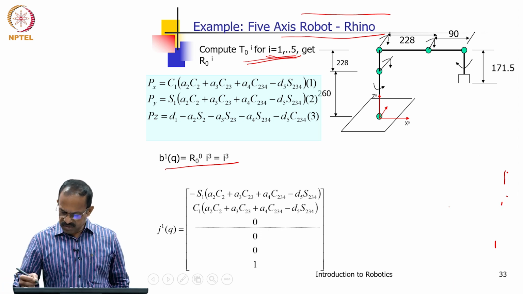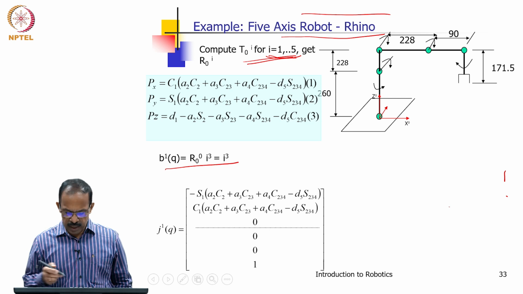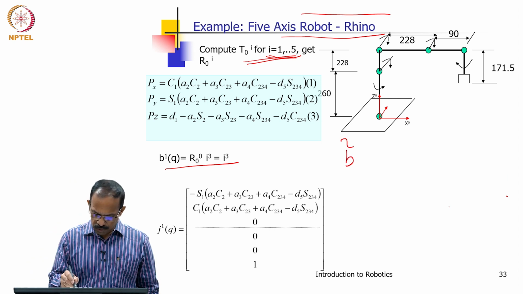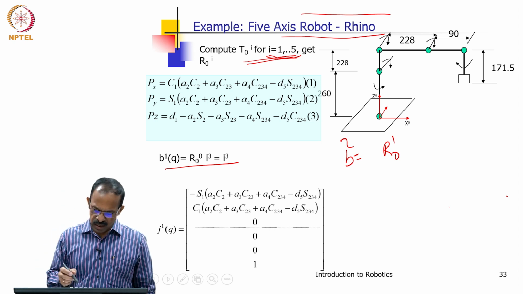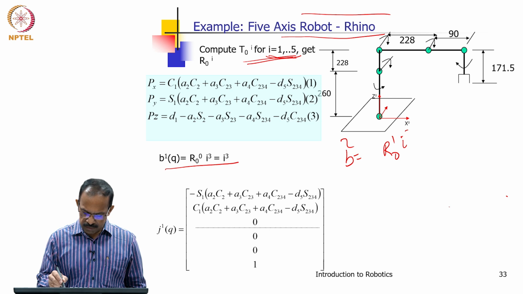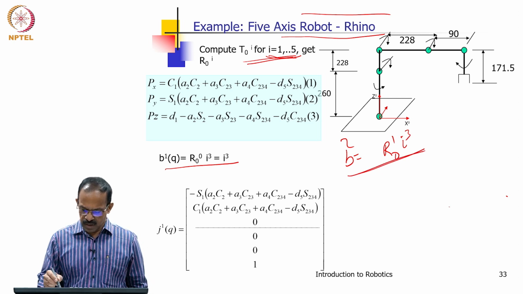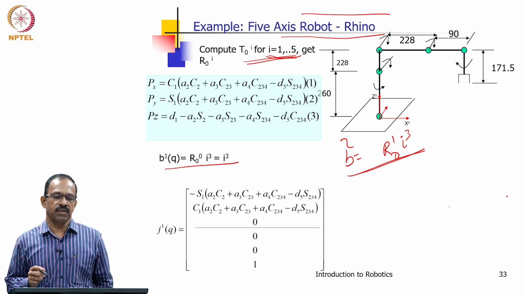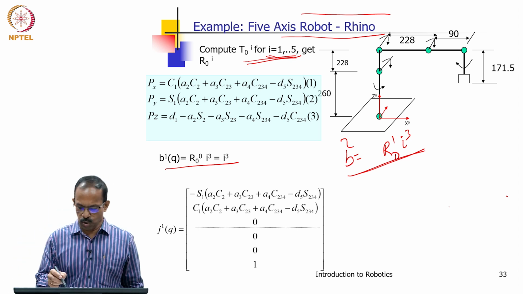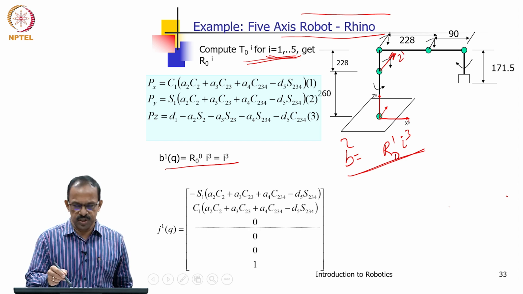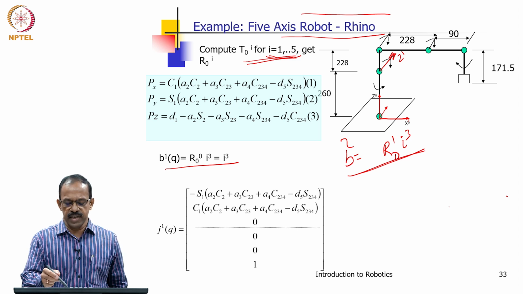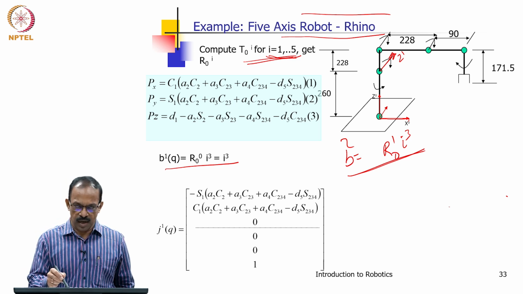Now, let us see the B2. So, we need to get B2. To get B2, since it is a rotary joint, xi is equal to 1. So, we need to find out R01 I3. R01 basically is obtained from T01, and it says how this joint frame is aligned with this frame. So, this is Z1 and this is Z0. How Z0 and Z1 are aligned is obtained from R01 I3.